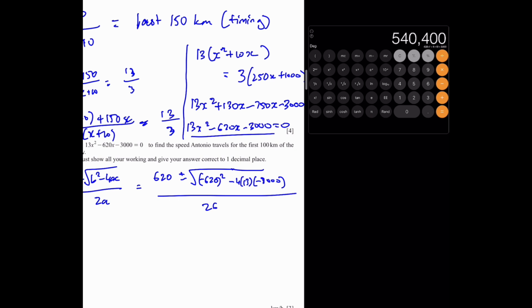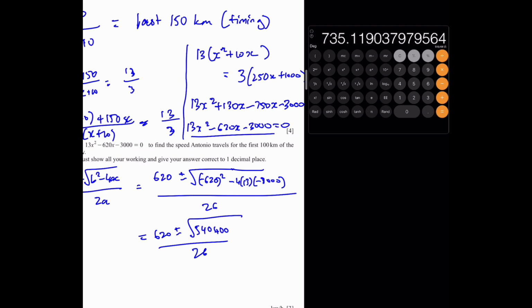540,400. So let's just write this: 620 plus or minus root of 540,400, all over 26. So let's actually do this now. We square root this, we get some 735.119 dot dot dot. And let's find the value if this is a plus. So if it's a plus, that means you will get 735.119 plus 620, divided by 26, to get